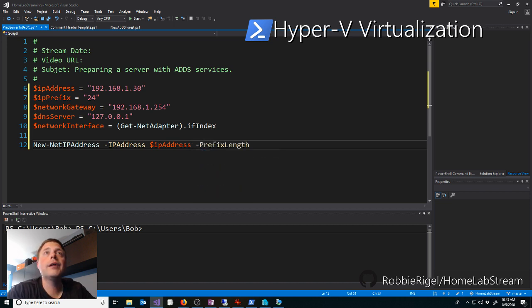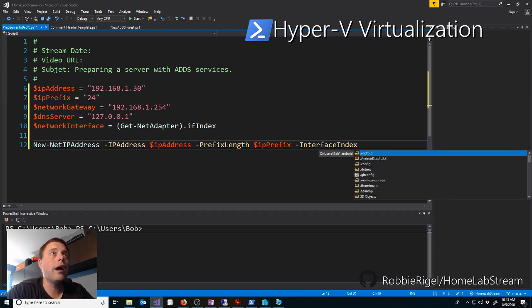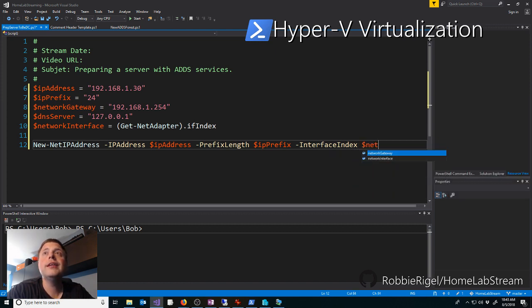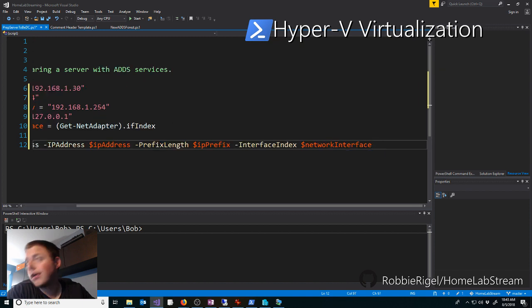to do -PrefixLength. Again, that's selecting our subnet mask, telling it that it's going to be 255.255.255.0. So we're going to select IP prefix. Our interface index is going to be our $ network interface. And